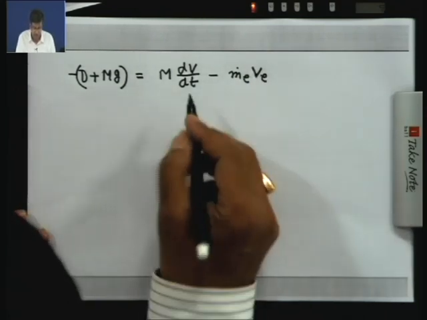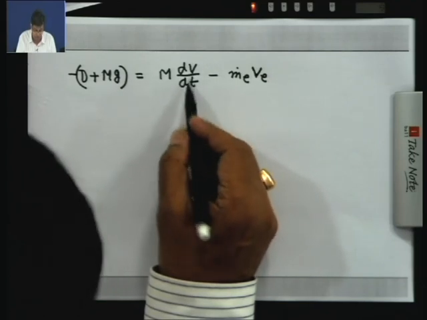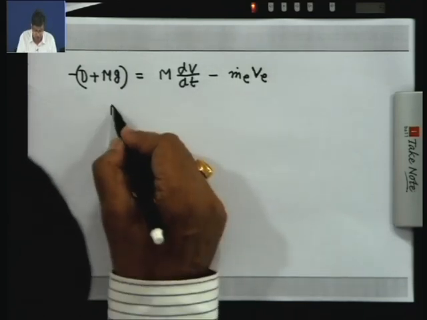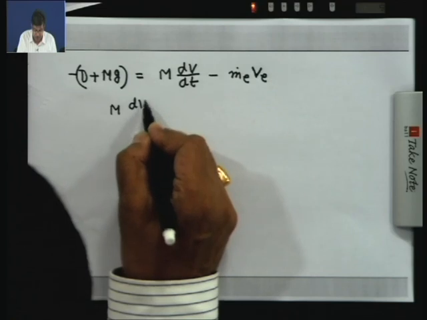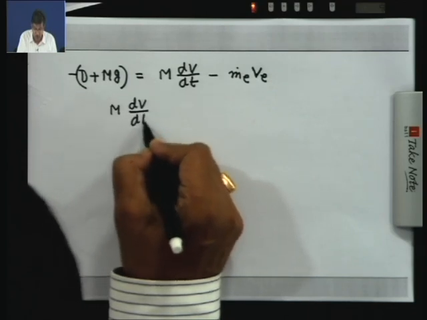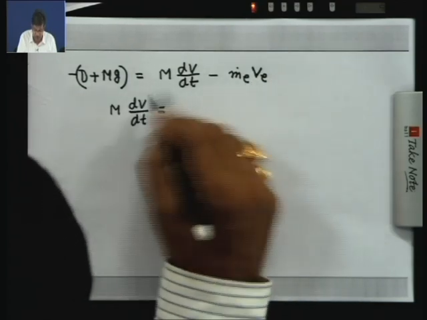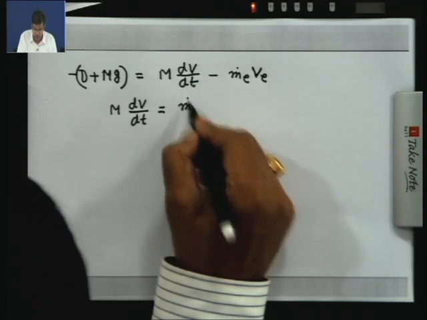Okay, now what can I write? m dV/dt is equal to, taking this to the other side, m dot e V